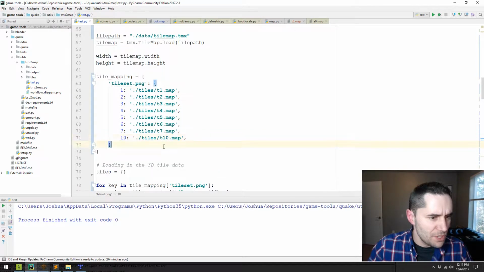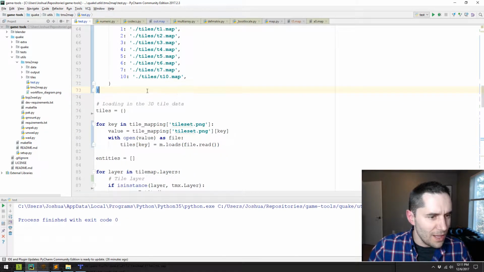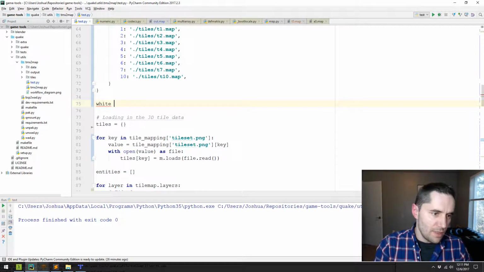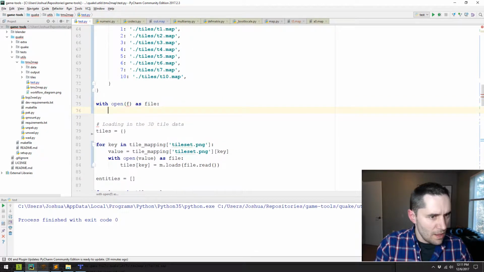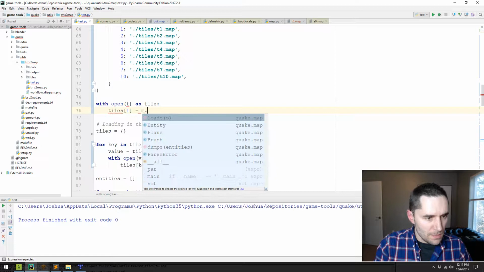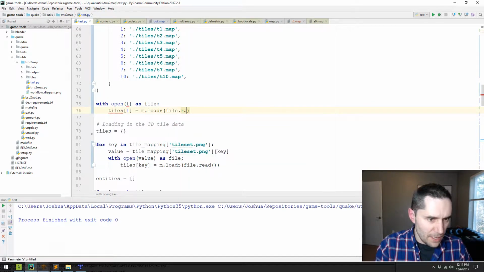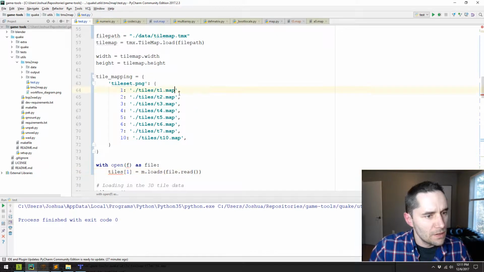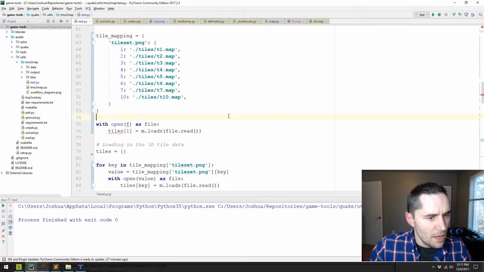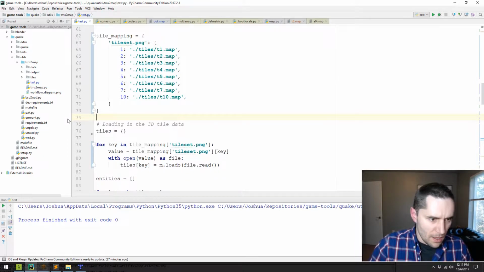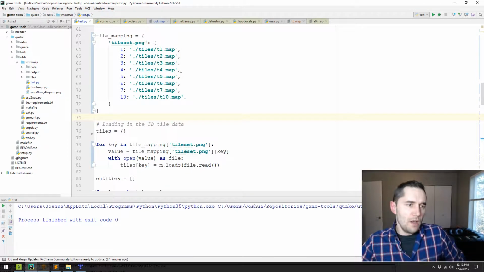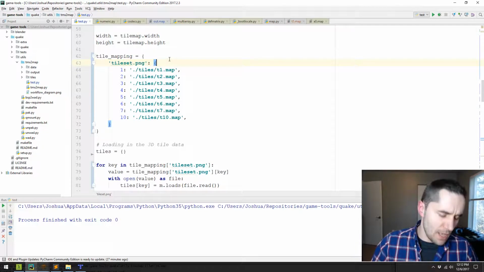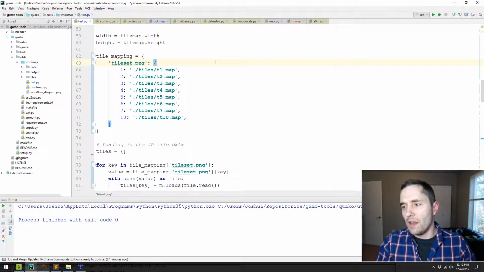The previous version of this looked more like this. It was a with open of this as file, and then I'd say tiles at 1 equals m dot loads of file dot read, and I just had this copy and pasted 8 times or however many are here. So what I'm working on now is a way, if people want to define 3D tile maps, they can do that in a file and not have to